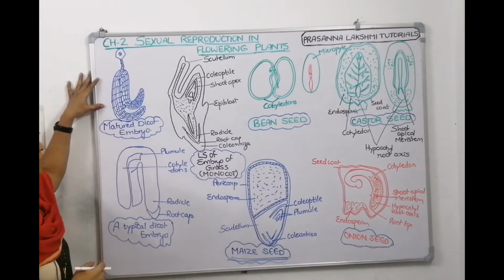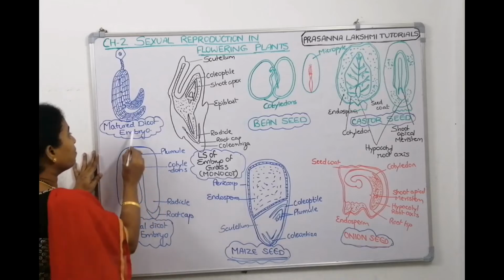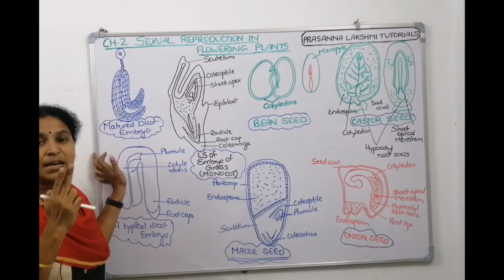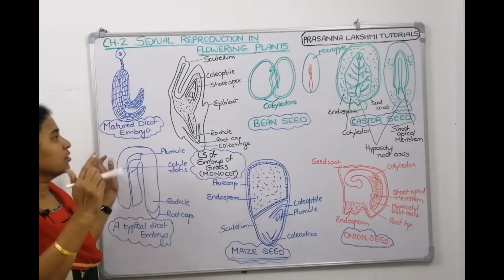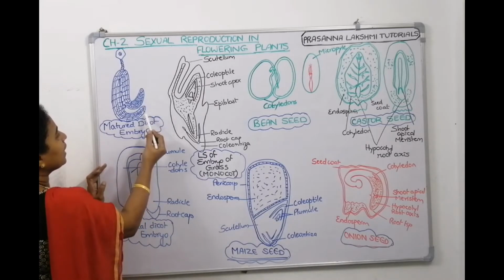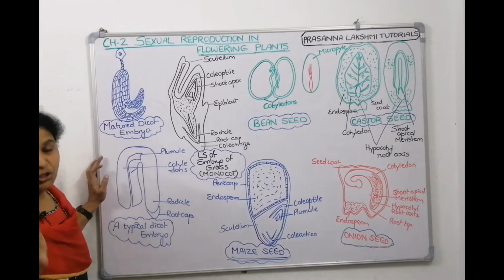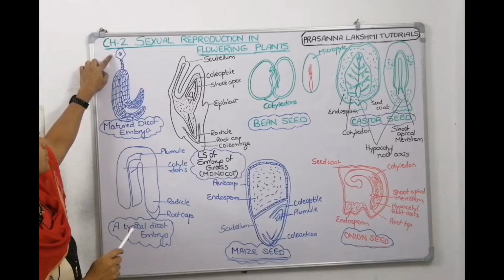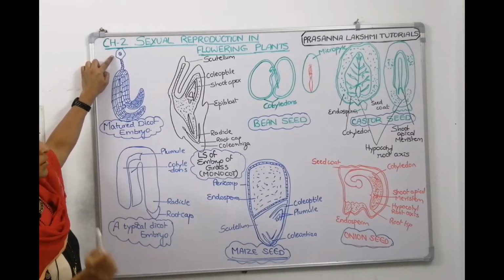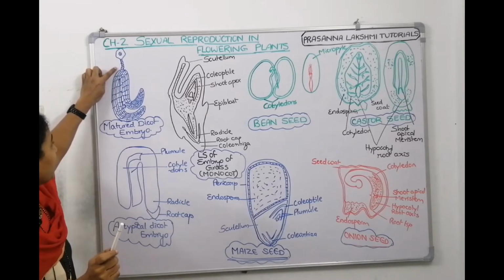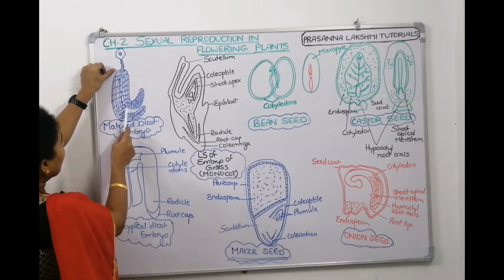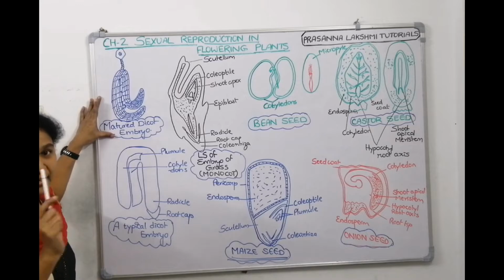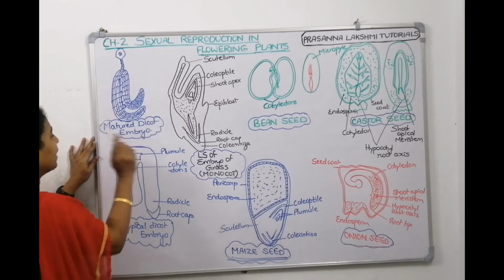Now, what is this? Come on, tell me. It is labeled as a mature dicot embryo. A dicot embryo has two cotyledons, and the two cotyledons will take curvatures. So, this is one cotyledon and this is the second cotyledon. And this is the haustoria, and these are the suspensor cells. From here the root will come, and this is the plumule. If they give you the picture and ask what this is, identify and tell that it is a mature dicot embryo.